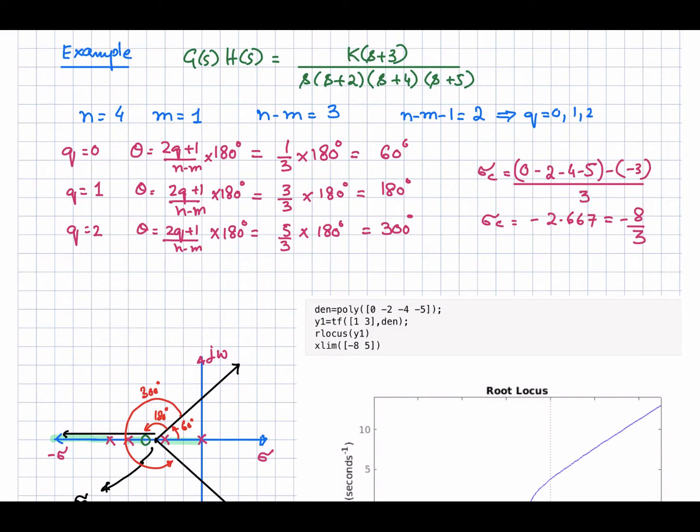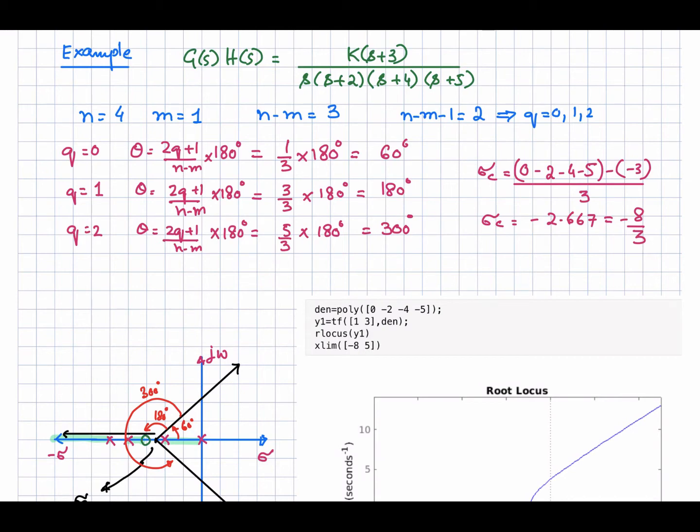So the first rule was that your root locus is symmetric about the real axis. In the second rule, we discussed how we can find out some parameters of the transfer function, that is the number of poles. Number of poles is equal to 4. First of all, determine that, and the number of zeros is equal to 1, and the number of loci moving towards infinity will be n minus m, which is equal to 3. Right, the difference of the poles and zeros. There are 4 poles and 1 zero, so 3 will move towards the zeros which are sitting at infinity, and 1 pole will move towards the finite zero. And these 3 poles will move along the asymptotes when they are approaching infinity.